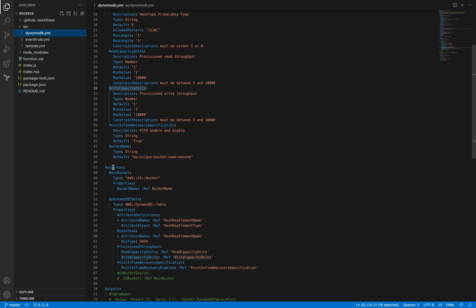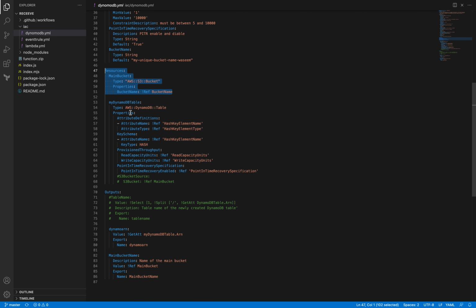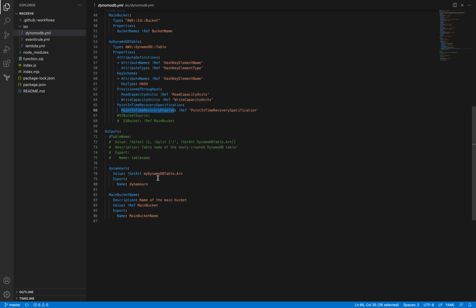Here are the resources that I am creating: the S3 bucket, and here I am creating the table. Here I am referring to point in time recovery, which actually helps us to take backups. And here I am basically exporting